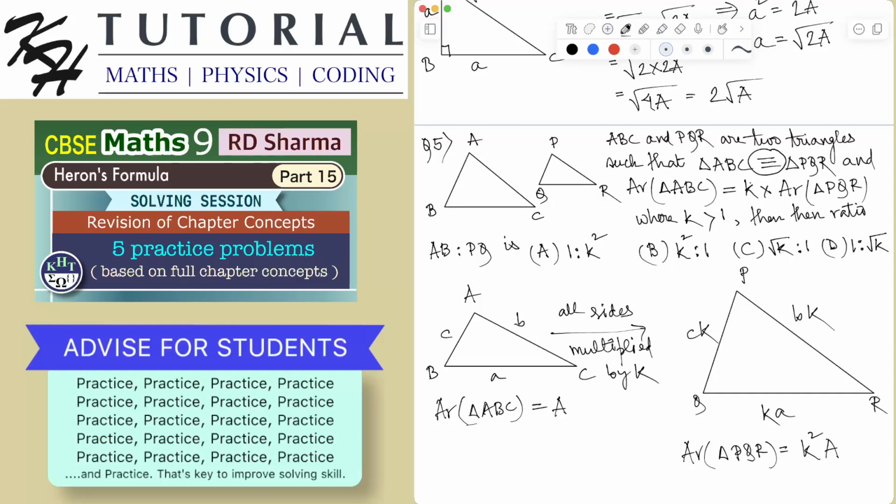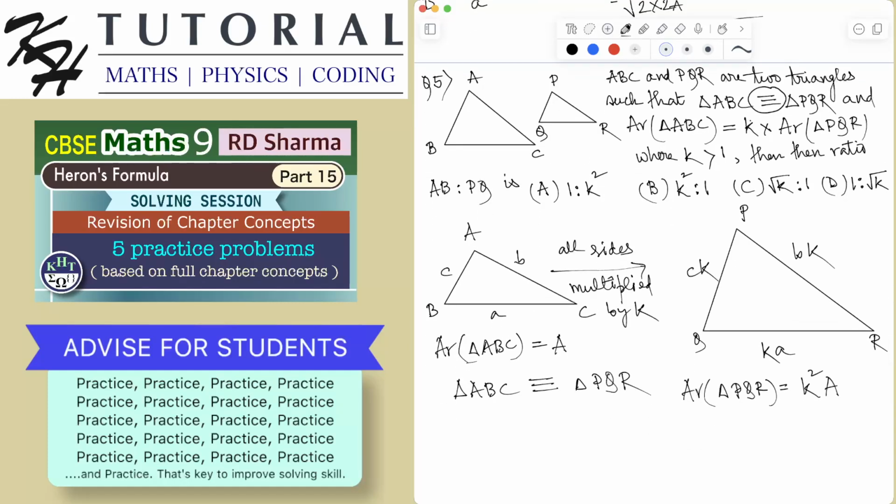So, multiplying, these two triangles, of course, triangle ABC will be similar to triangle PQR. So obviously, since triangle ABC and triangle PQR in the figure in the problem are similar, and it is given that the area of triangle ABC is K times the area of the triangle PQR and K is greater than 1, then obviously the triangle ABC has been formed